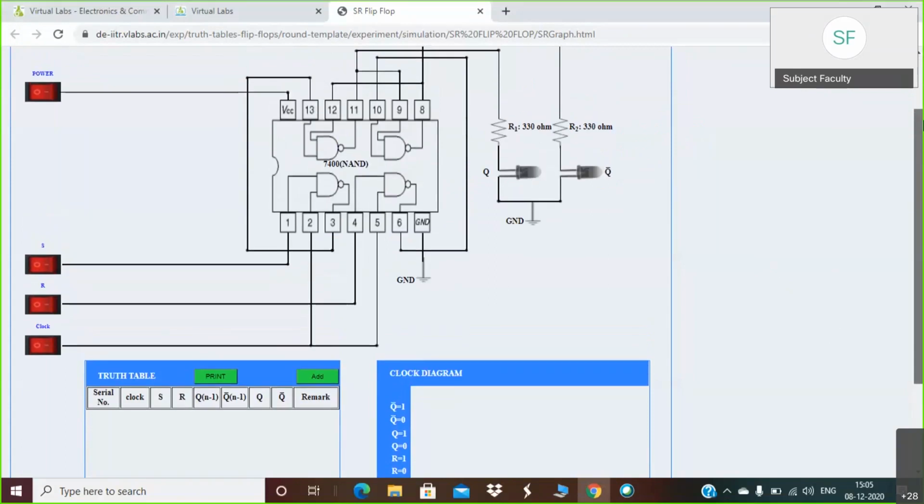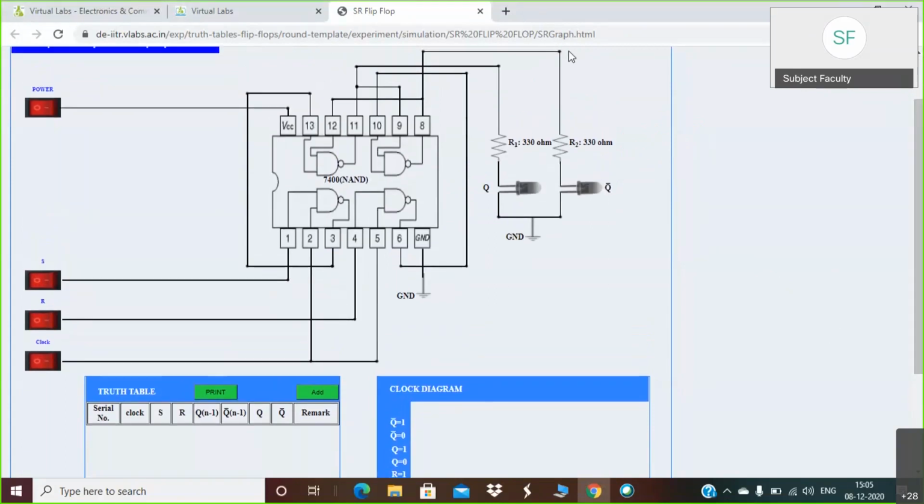So again, here they have provided this switch, which is nothing but the power switch. You have to always make it 1. This power switch should always be 1. Then there is the S terminal and R, the S input and R input, and this one is the clock.